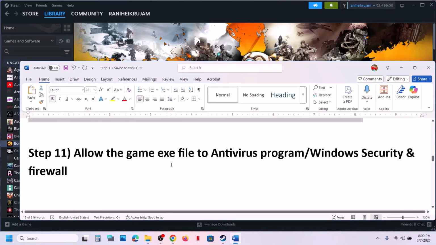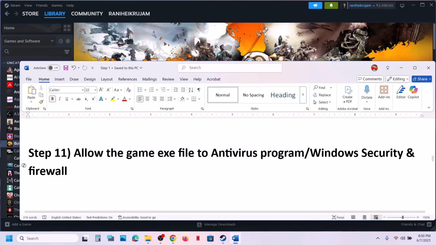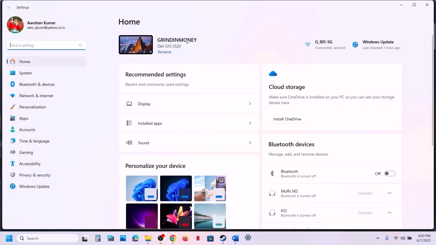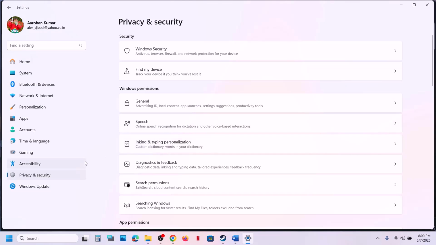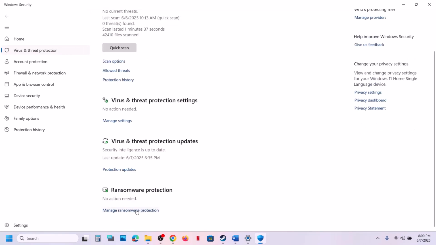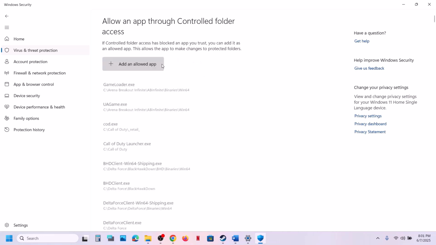If that does not work, the next step is to allow the game exe file in your antivirus program. So if you have any third-party antivirus like Avast, Norton, Bitdefender, McAfee, whichever antivirus program you have, allow the game exe file in the antivirus program. Now, if you're using Windows Security, then open Windows settings, go to privacy and security. If you have Windows 10, click on update and security, and then click on Windows Security, and then click on virus and threat protection. Scroll down at the bottom, you will see manage ransomware protection. Click on it, click on allow an app through controlled folder access, click on yes to allow,